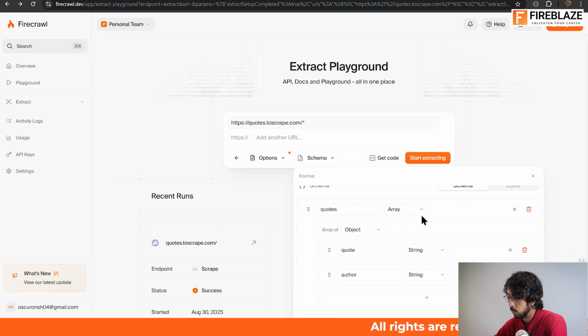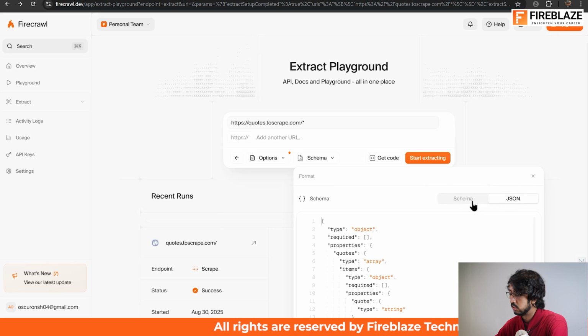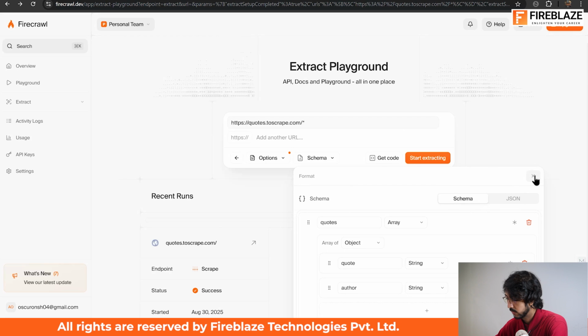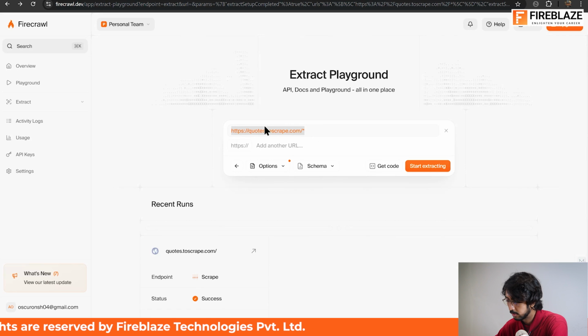The quotes will be in the form of an array. It will be an array of objects. The objects will be quote and author. So this is going to be the structure. In JSON, it would look something like this. And yes, we can add another URL to extract the content from. What it's essentially going to do is take this particular website, quotes.toscrape.com,